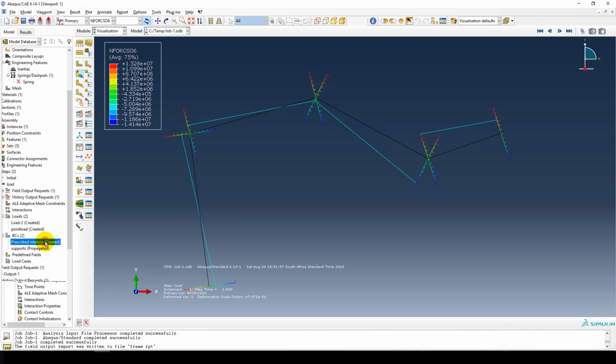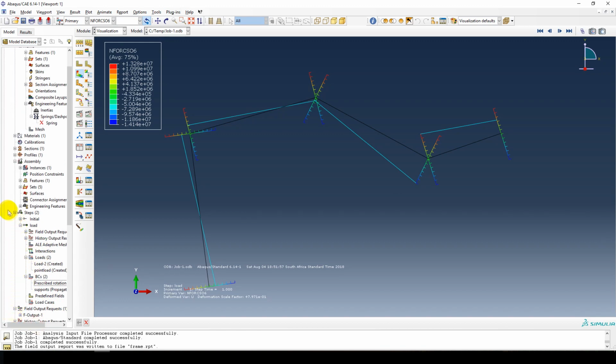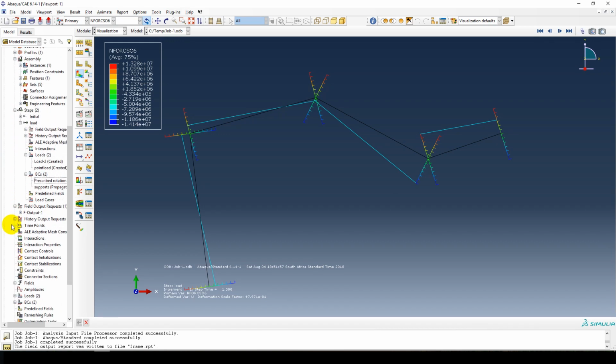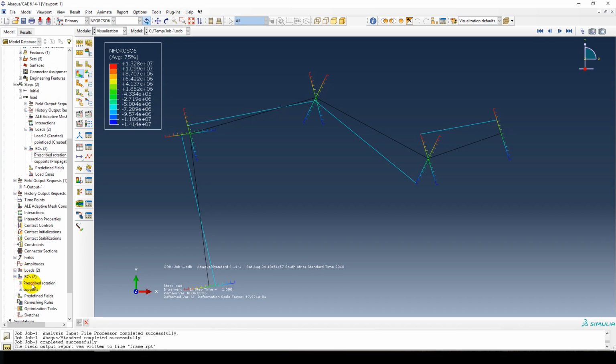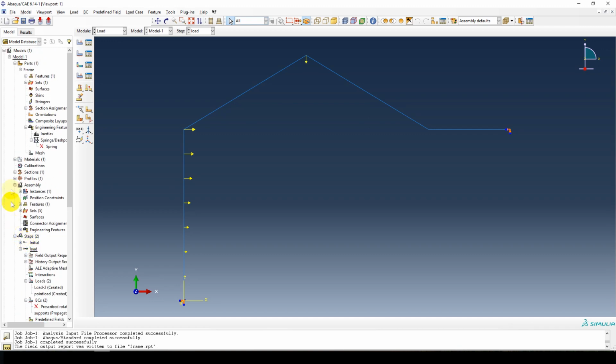And in this case I'm also going to suppress my prescribed rotation, and I should go, apparently I can't suppress it, which is interesting. Let's see if I can suppress it from here. Yes, there you can suppress it down there. So you can't suppress it in the node step specifically, but if you scroll down you can suppress it in your prescribed rotation. So I'm going to reactivate my spring,